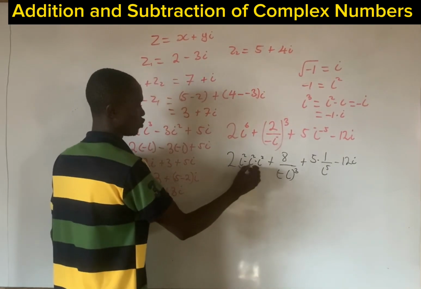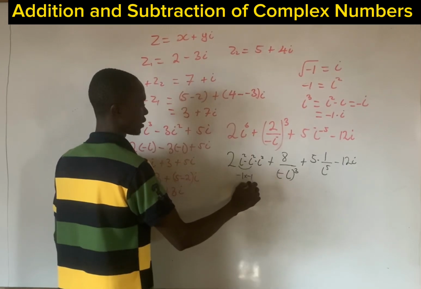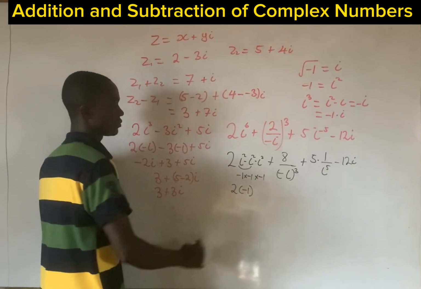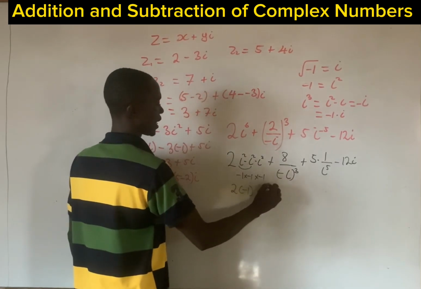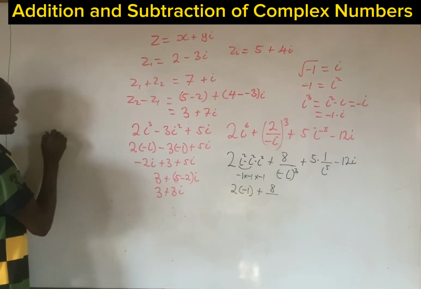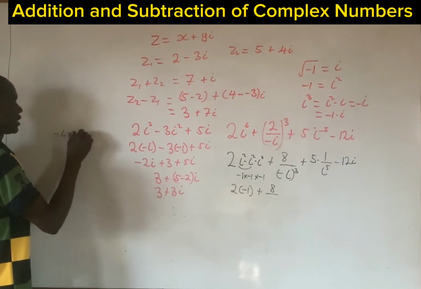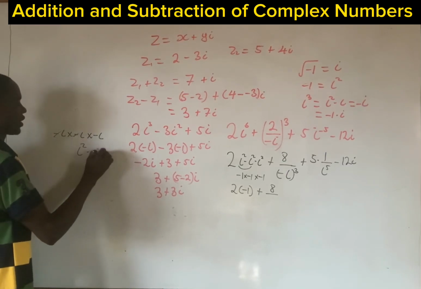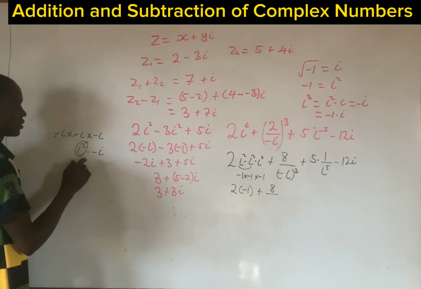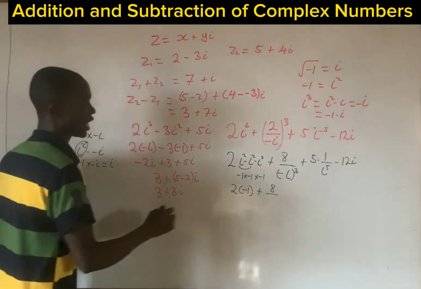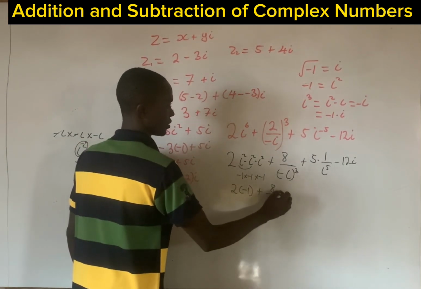Now, this will give me minus 1 times -1 times -1, which will give me 2 times -1. Then here we have plus 8 divided by what? Now, this will give -i times -i times -i. And we are going to have negative, positive. So we have i squared times -i. And this i squared is -1. So times this gives positive i. So we are going to have 8 divided by positive i. Plus 5 times